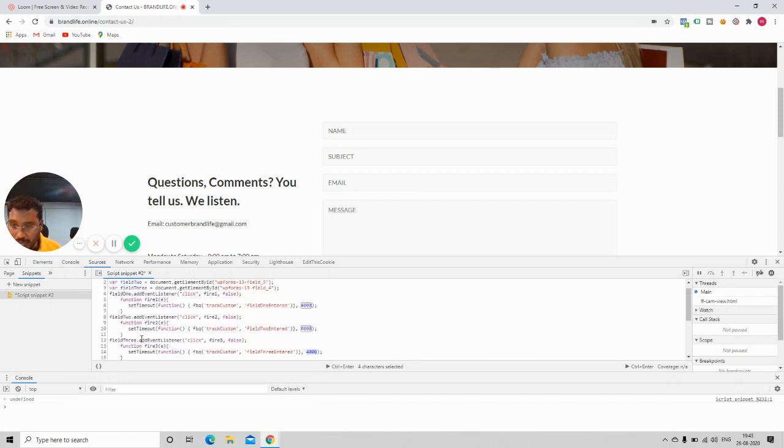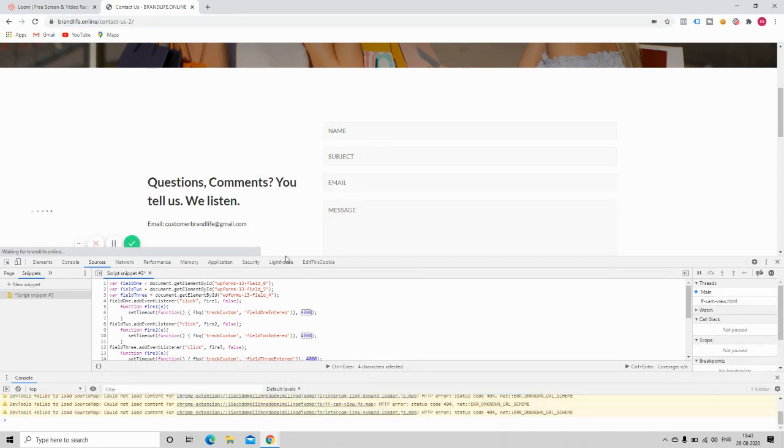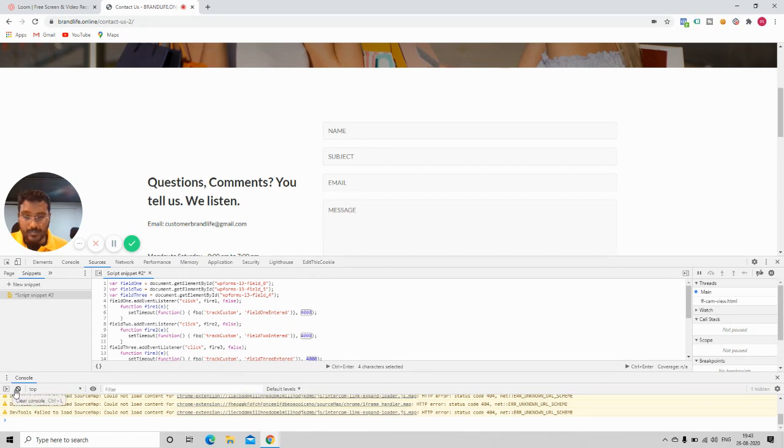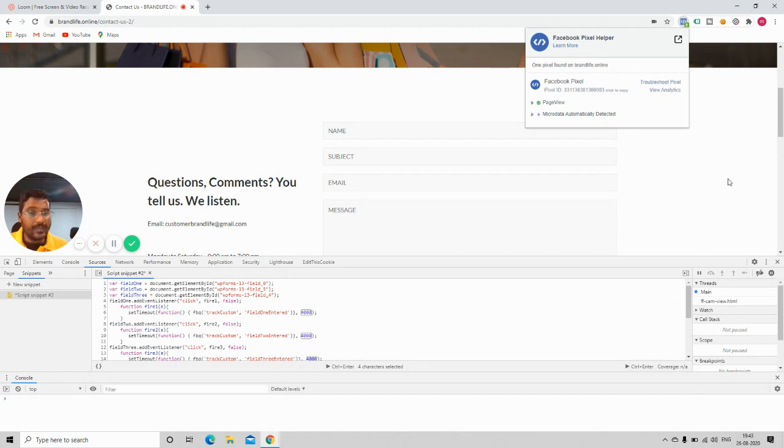I'm using a set timeout also because I don't want to send immediately. Now I'll refresh the page again, guys. Now you see only page view is fired.